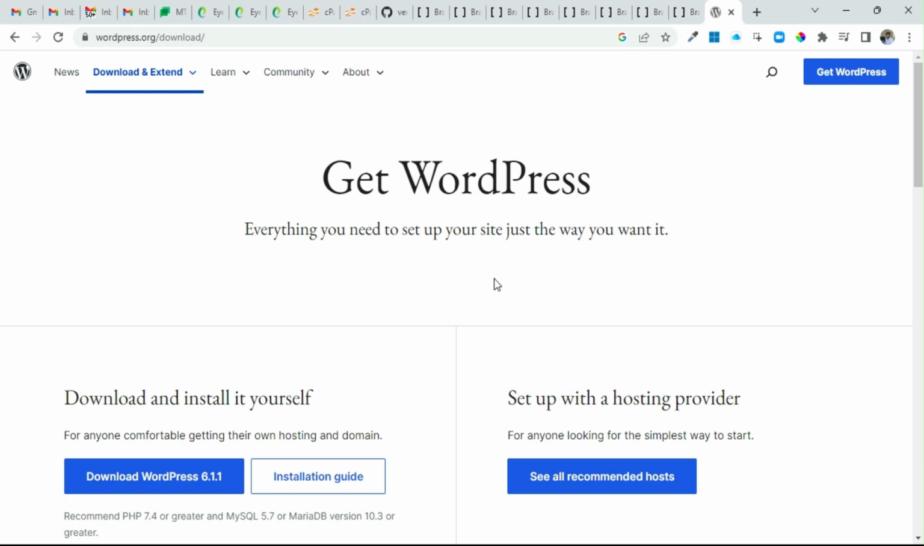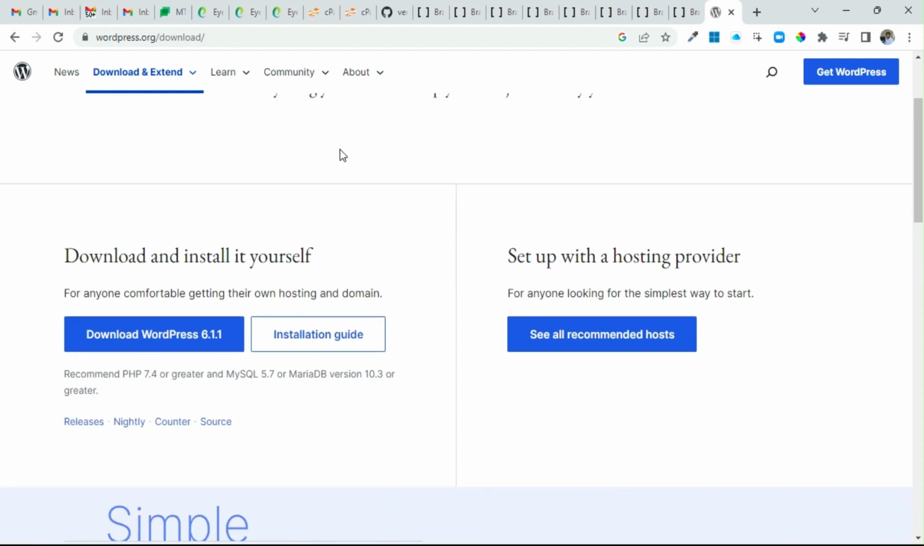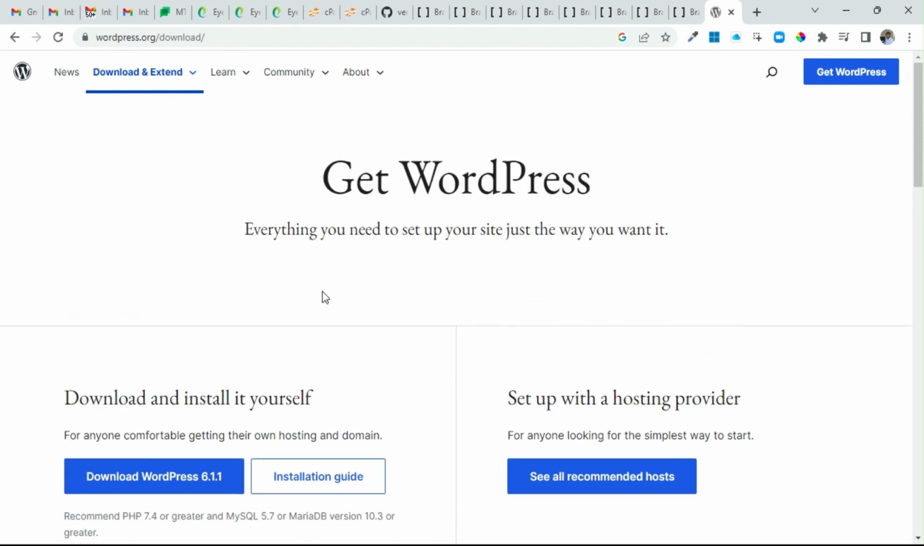Hi friends, today I would like to explain how to install WordPress on a shared server. Currently I'm on the WordPress.org website to download WordPress. The latest version is WordPress 6.1.1. We just need to download this WordPress copy, and after downloading it,